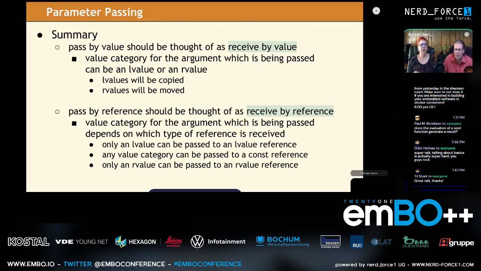One of the other considerations, originally, when people first started looking at these value categories, there was the thought of, okay, we're going to change everything. We're never going to pass by value, always by reference. And it turns out that's not always the most effective way. So don't just walk through all of your code and say, that's it, no values. A lot of times, it actually is cost effective to have something being passed by value, or I should say, received by value. We're about to change the way we actually word that in the office.